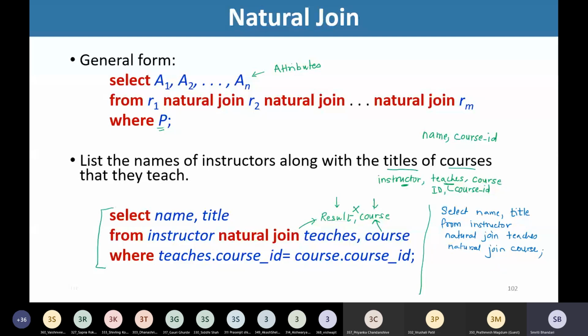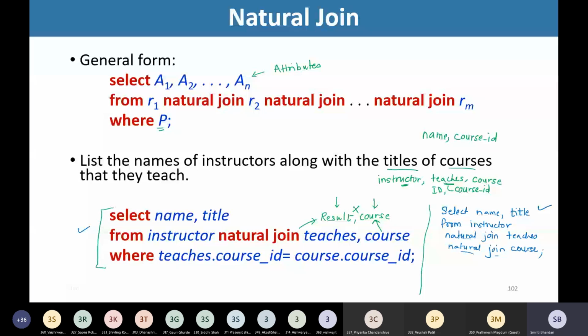Please listen to me carefully. I have written this query in this fashion, right? And I have tried to write the query by making use of natural join operation only, like this. So will these two provide me the same result?